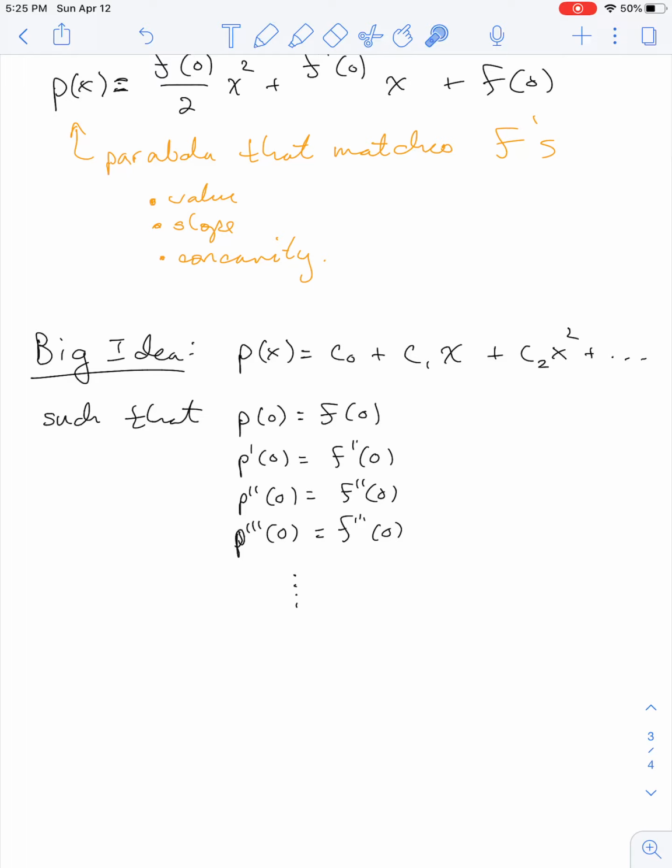I want to create an infinitely long polynomial, and because it's infinitely long,